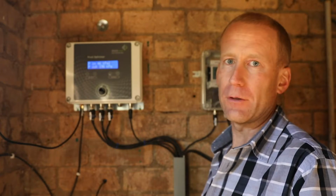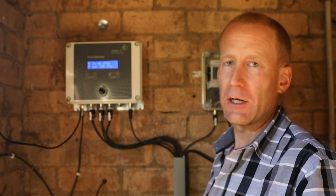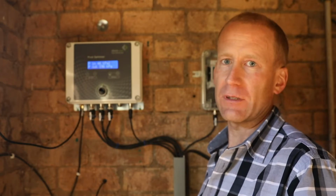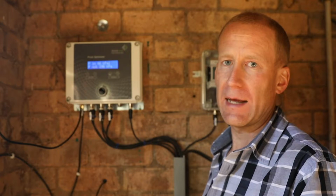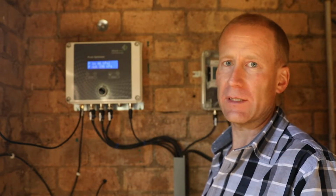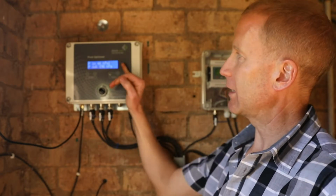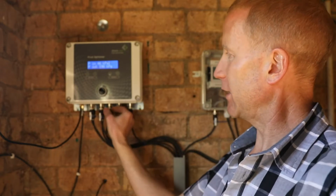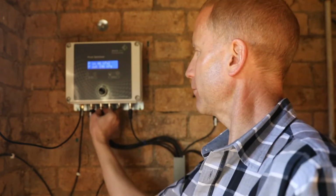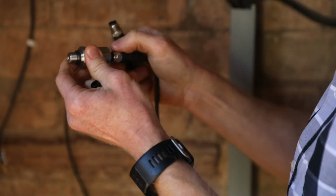We typically use -1 to 9 bar sensors on the pump inlet so that we can capture situations where there's a vacuum pressure being generated on the pump inlet, and then 0 to 16 bar sensors on the pump outlet. Now we can check that the right sensor values have been entered into the website by disconnecting these sensors over here. Now I connect up my inlet pressure sensor to the system